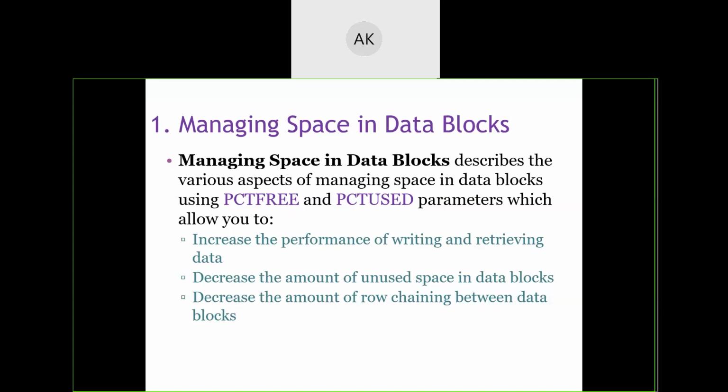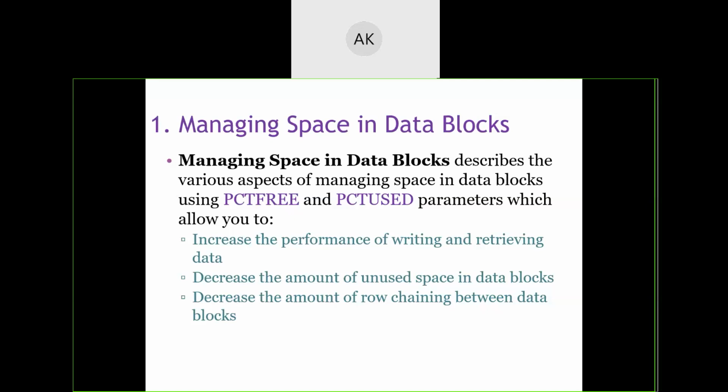Simple, right? But what will happen if I set a large percentage used? I can use the data block to a maximum level. That's one benefit. But at the same time, if any updates are to be performed on the already existing data, those updates will not have sufficient space to work with.